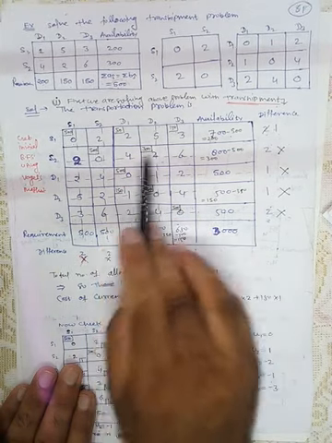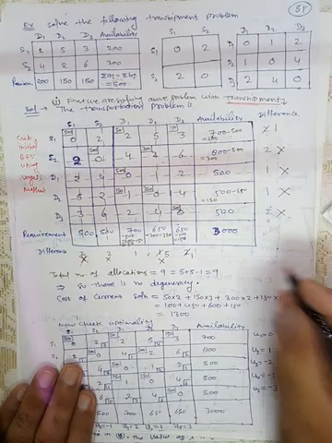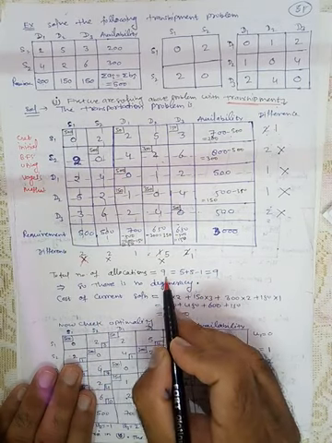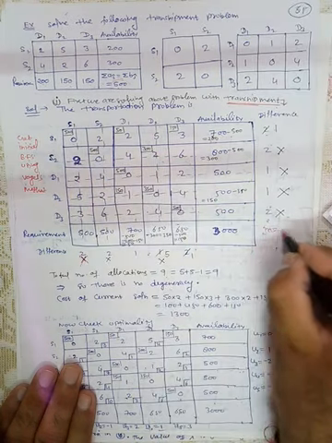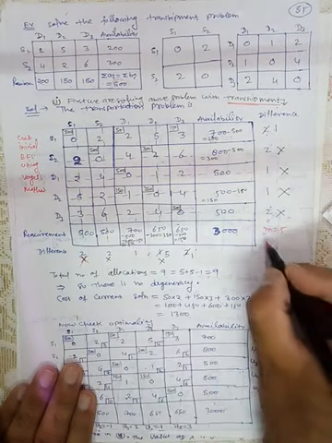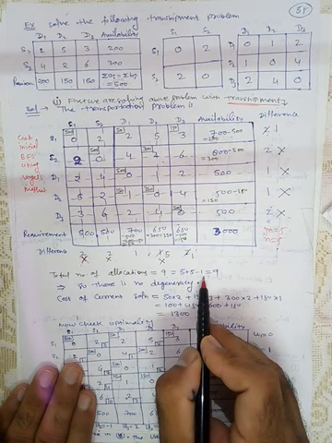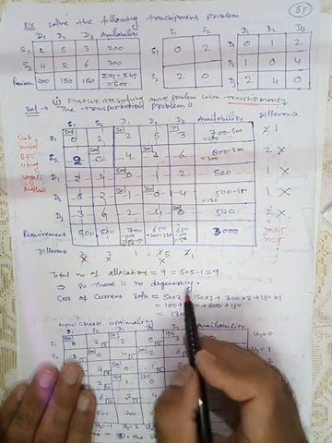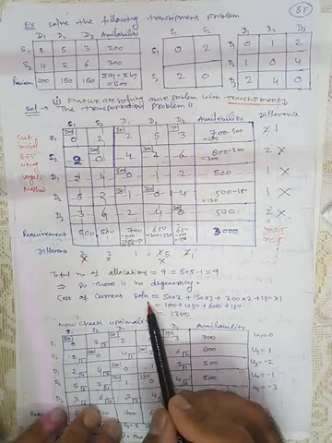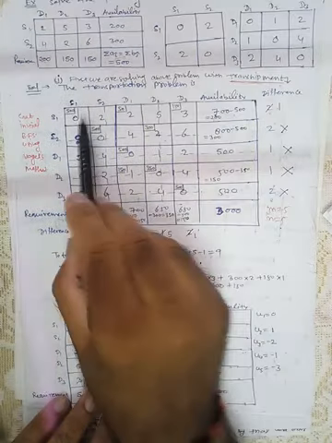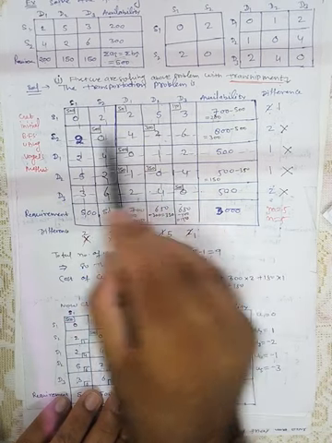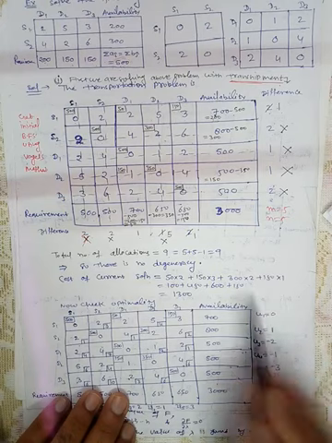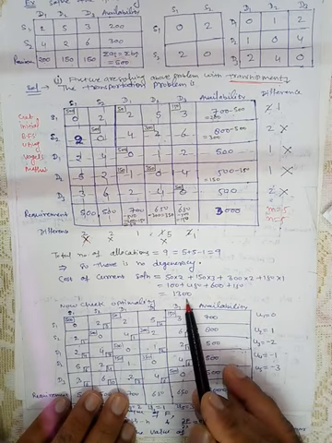1, 2, 3, 4, 5, 6, 7, 8, 9. These are a total of 9 allocations, which is equal to M plus N minus 1. M is how many? 1, 2, 3, 4, 5. So M is 5. What is N? 1, 2, 3, 4, 5. N is 5. So M plus N minus 1 is 9. So this is a no degeneracy case. Fine. Now what is the current solution? Cost is this: 500 into 0, 50 into 2, 150 into 3, 500 into 0 and so on. So ultimately the cost will be 1300. Fine. Usual method. So this is the cost.